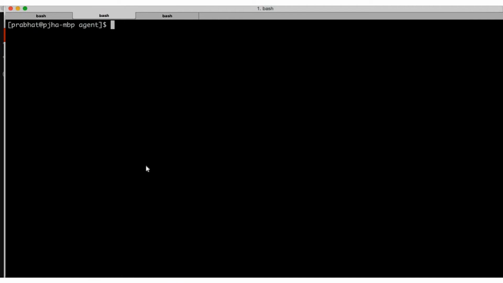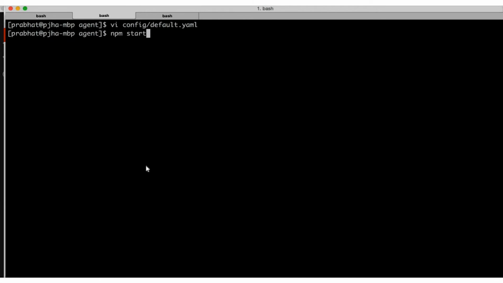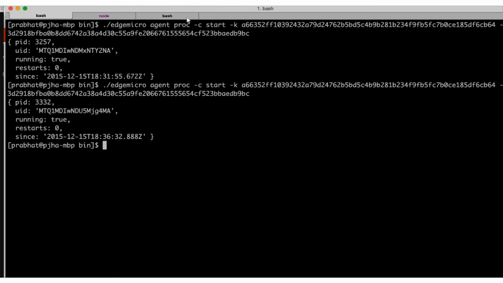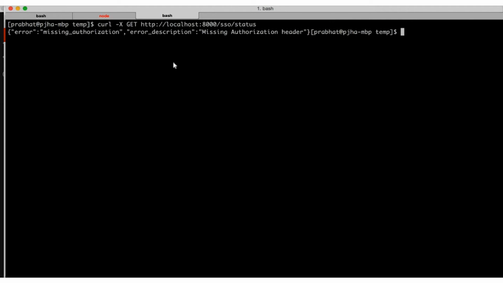The VI config, all those agent configurations, are here. You can see that auth sequencing is enabled already. But what I did was set allow no authorization to true. If I set it to false, save it, and start the agent again, it tells the agent to do its magic. And if I make the API call, because I enabled security, I get a missing authorization error because I did not